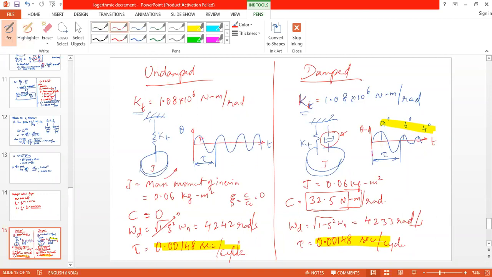amplitude of the cycle. So let's say it is 9 degrees. What is the amplitude in the second cycle? In case of one damper system, 9 degrees itself. In the third, it is 9 degrees. But this damper will reduce the amplitude. Is it clear? Yes, sir. The damper will affect the reduction of the amplitude, not only time period.